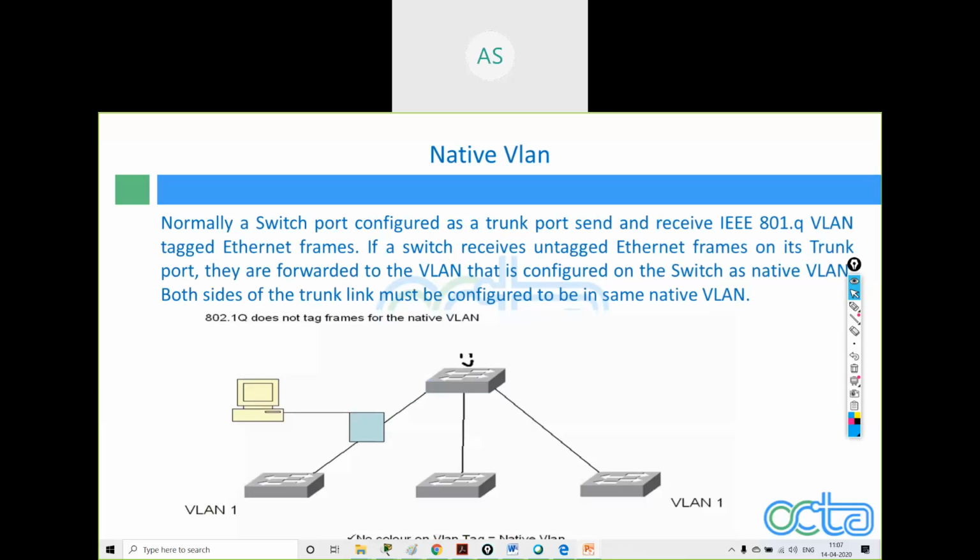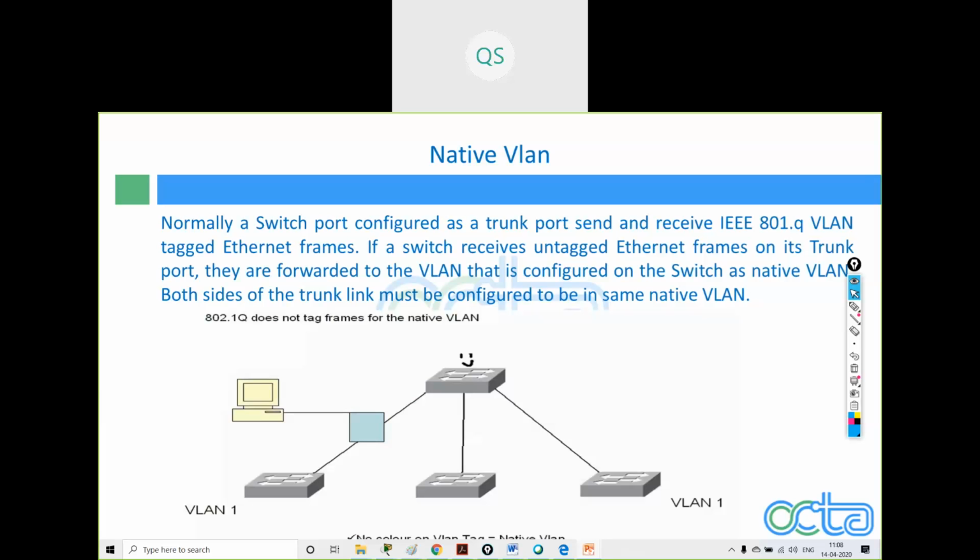Now, the first thing we will be studying is native VLAN. Normally, a switch port configured as a trunk port sends and receives IEEE 802.1q VLAN tagged Ethernet frames. So, whenever we are configuring a port as a trunk port, what will happen? We have seen what a trunk port is yesterday.